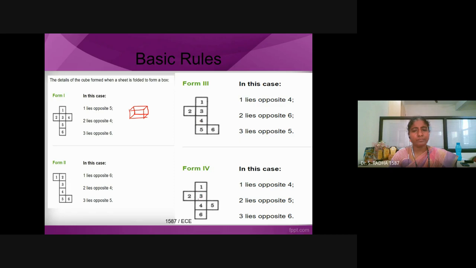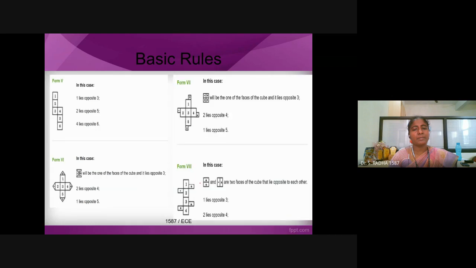similarly you can just make 3 as the base, 1, 2, 4 you can lift upwards, they become faces of the cube. Then you can just cover the top using 6, and when you lift 4 up, you can just twist 5, it becomes another face. 2 and 5 will be opposite, 3 is the base, 6 is the top, so they are opposite, 1 and 4 are opposite. Like that you can plan, and then you can fold them accordingly.